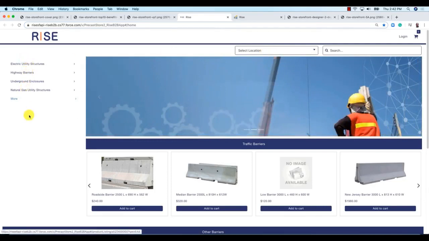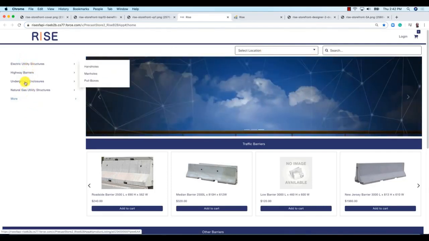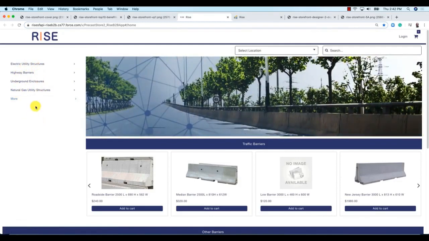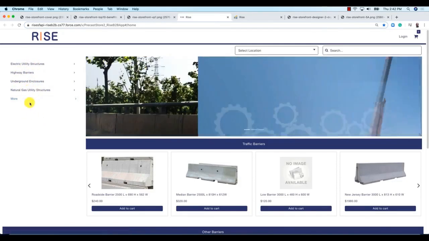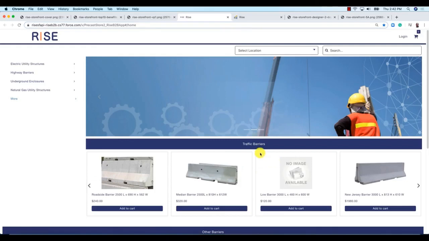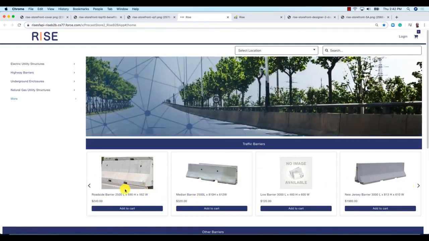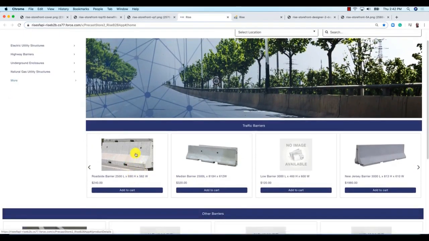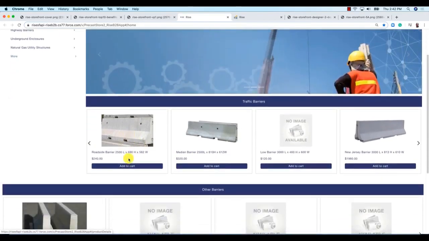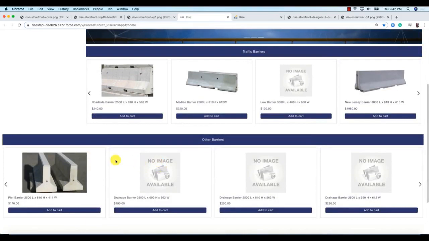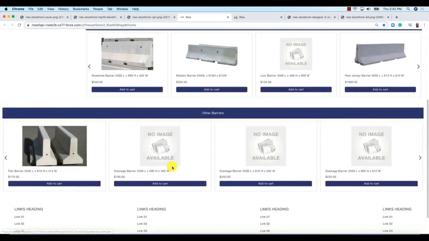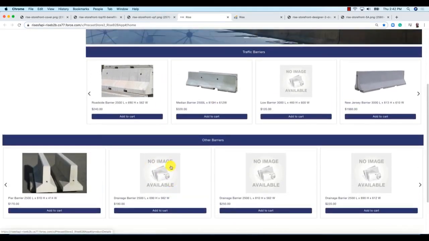Now, on the left-hand bar, these are the categories and products that are for sale. This is obviously a quick demo, and so we have very few things in here. But you have the typical shopping experience with the scrollable list of all the featured products that are available. If you just scroll down, these are not fully configured. This is just an illustration of other barriers and other products in the barrier category that can be done. And it's got the standard layout.